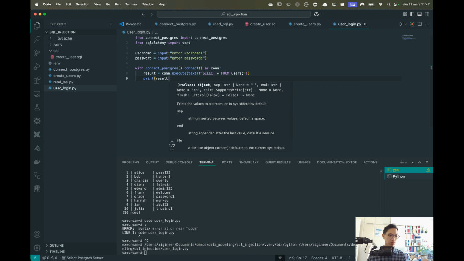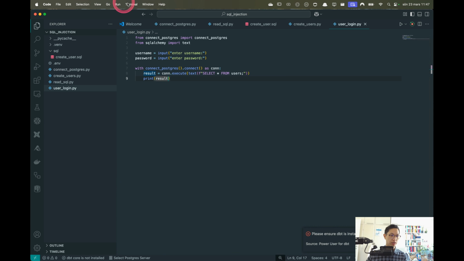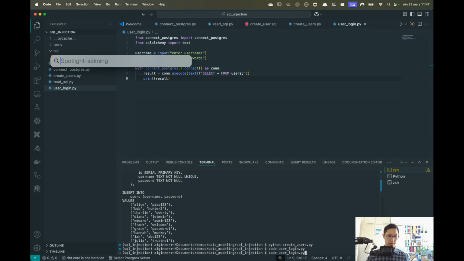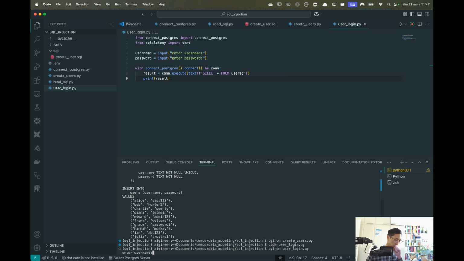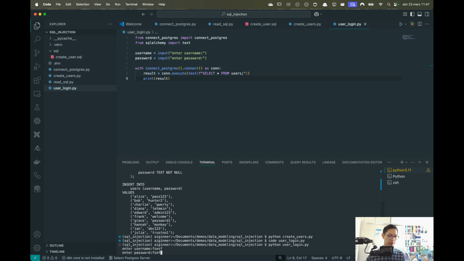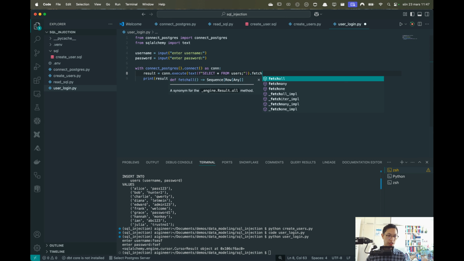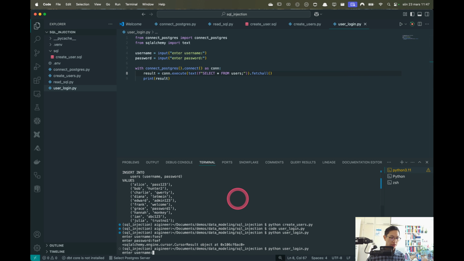And if I run this one, I clicked away. Click terminal here. Type python user_login and some username, type in something. All right, the result, we need to do it like this also: dot fetchall. Okay, so now I'll run this one, and you can see